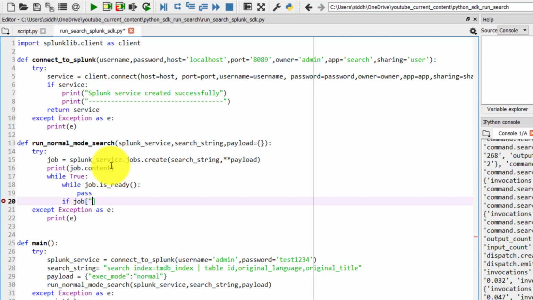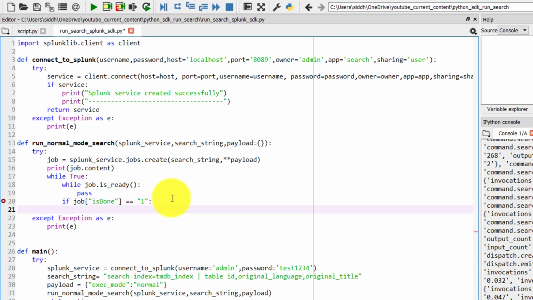Now in the payload there is a key called is_done, which we saw, and as we discussed, it needs to be 1 to indicate the job has been completed successfully. If job is_done == 1, then we will break this loop. It will come out of this infinite loop, which means the job has been completed.